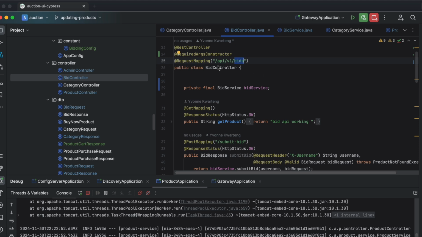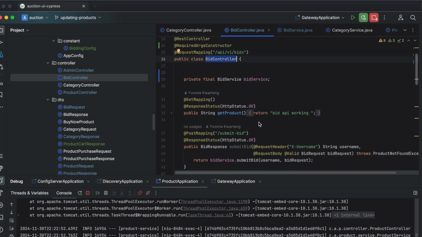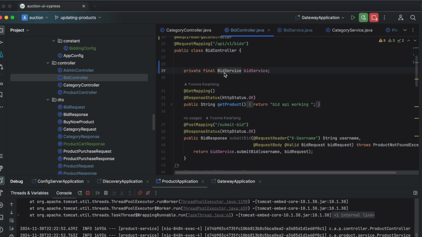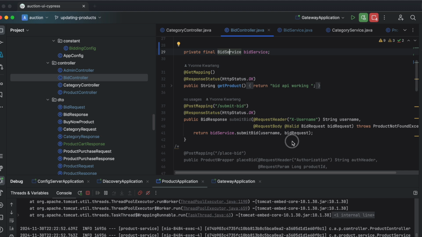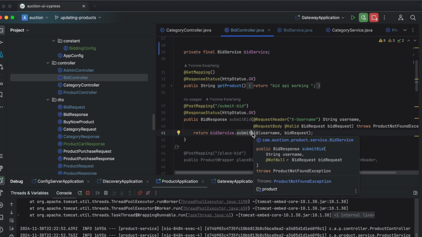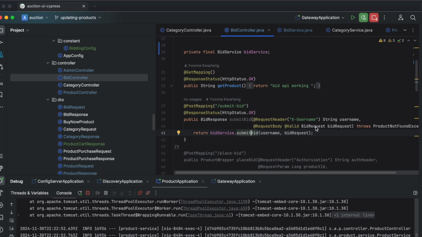Anyway, so the request mapping is API /v1/bids, okay? And the bid controller, I always follow the convention where this is the bid and then the next wording is controller. It just differentiates it from any others. The same thing with the service, bid and then service, that tells you what it is. So this is the bid, and if we were to go into the bid, nothing fancy, we are just